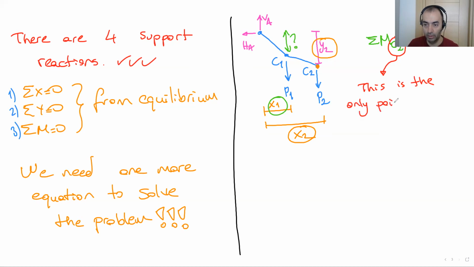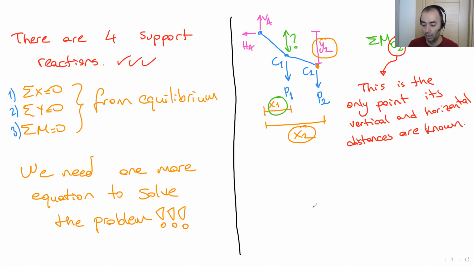Only point vertical distance is vertical are known. Okay. So